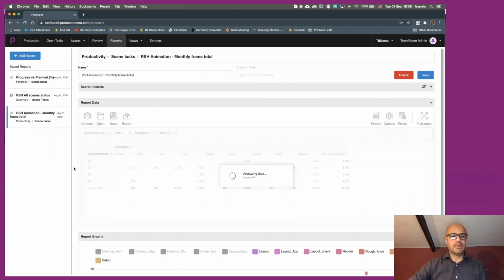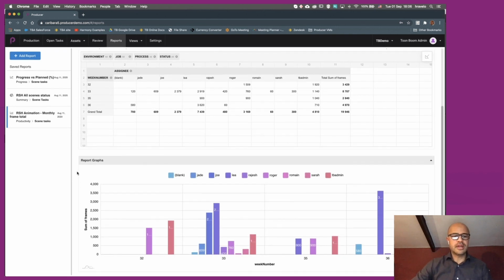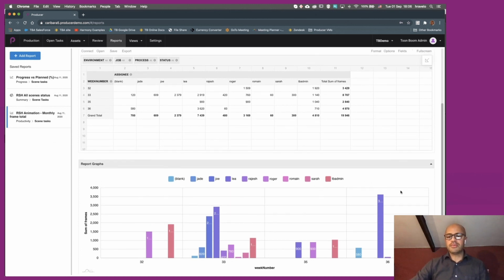So we can look at a monthly frame total, and you can see that within the last 30 days, it gives us the total of the amount of frames per user that have been worked on. And you can see different types of graphs at the bottom.